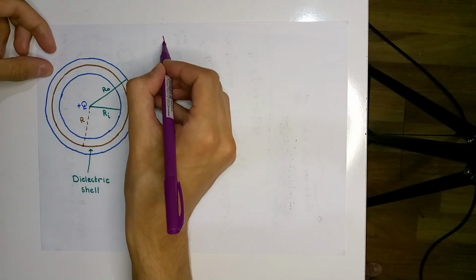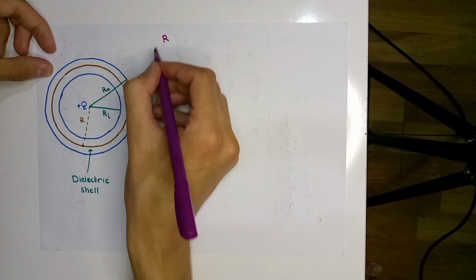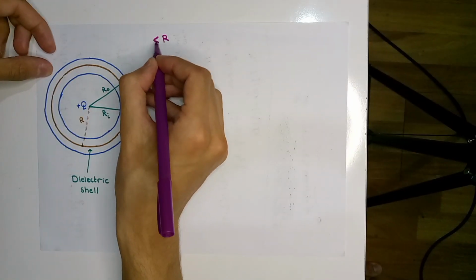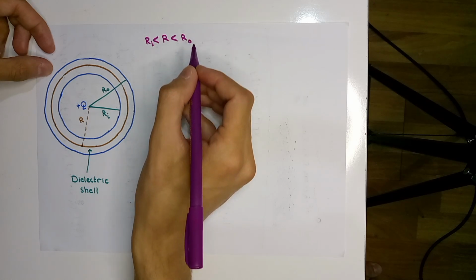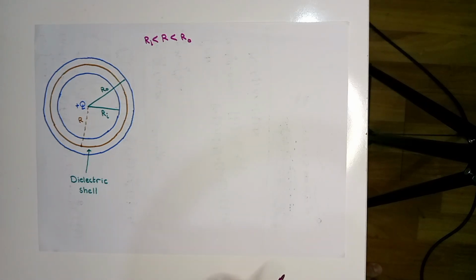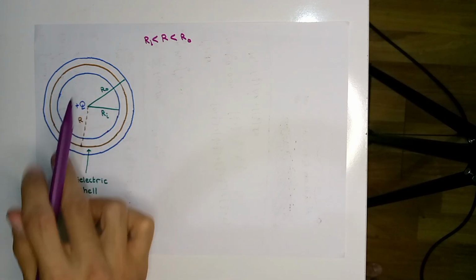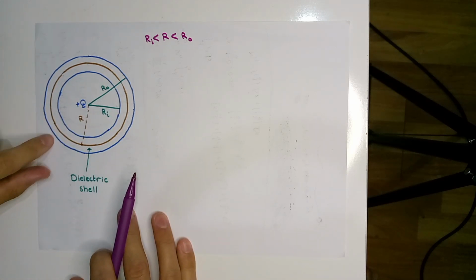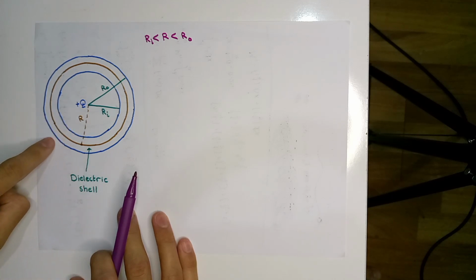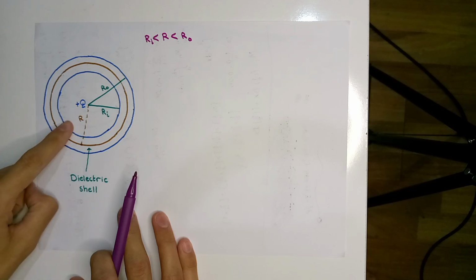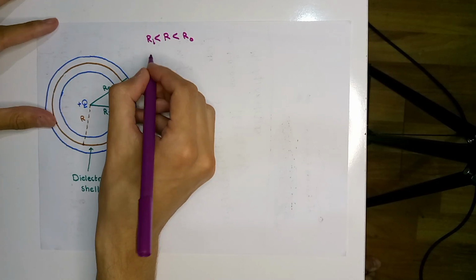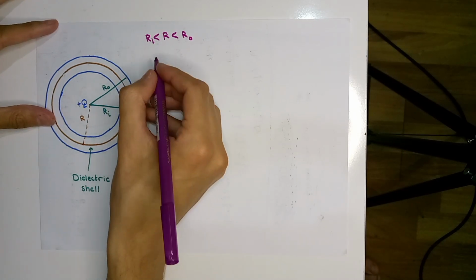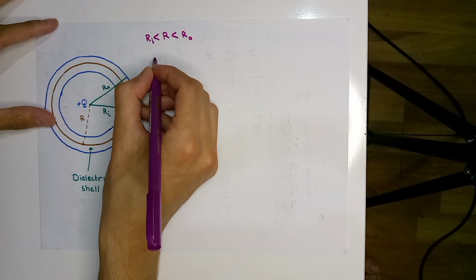I'm going to find these quantities now when r is greater than r sub i and less than r sub o. Namely, we are going to find these quantities for a point that exists inside the dielectric shell itself, in this region in between. Okay, first let's start with the electric field. We are going to use Gauss's law again,